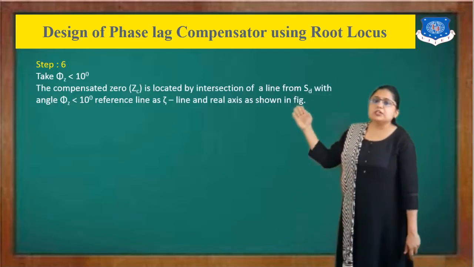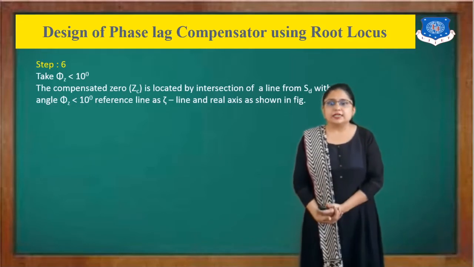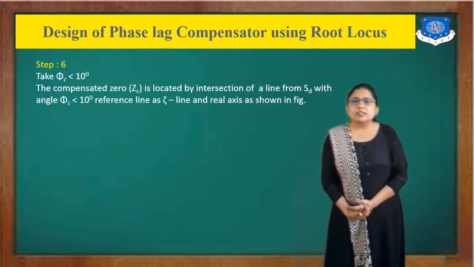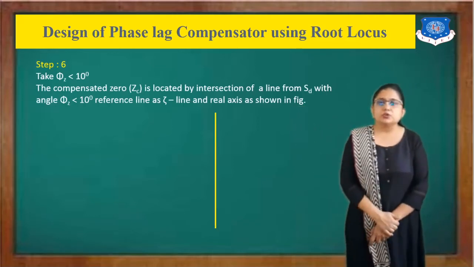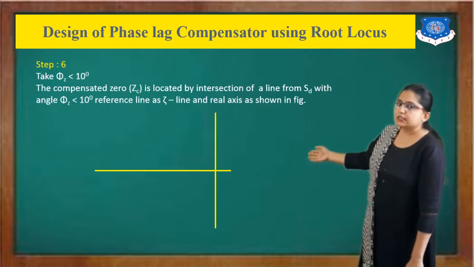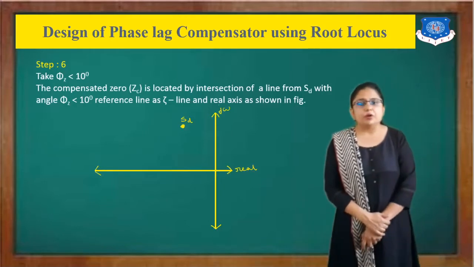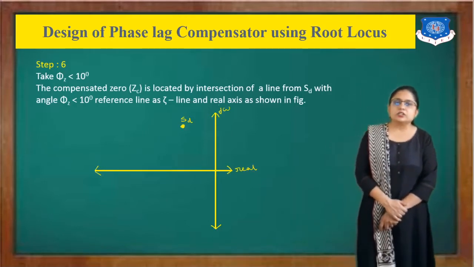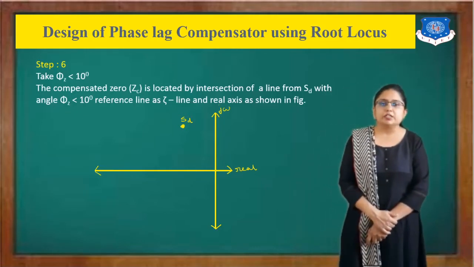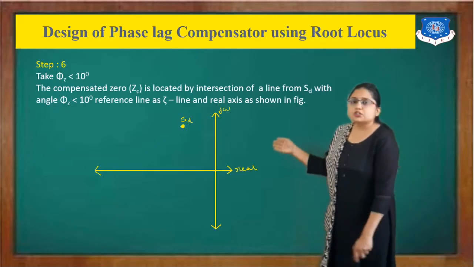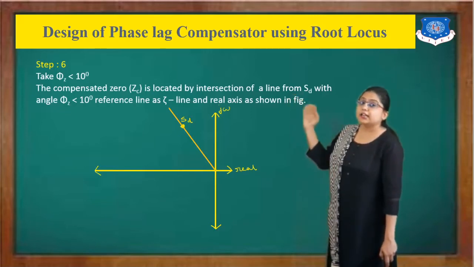See here, first of all, the compensated ZC is located on a line from SD with the angle phi z less than 10 degrees. A reference line is the zeta line and the real axis, right? I'll show you this way. This is my imaginary axis. This is the real axis. Now you just mark one point, that is SD, and you know the equation: minus zeta omega n plus or minus j under root of 1 minus zeta square into omega n. Now you just draw a line connecting the origin and SD. And that line is known as